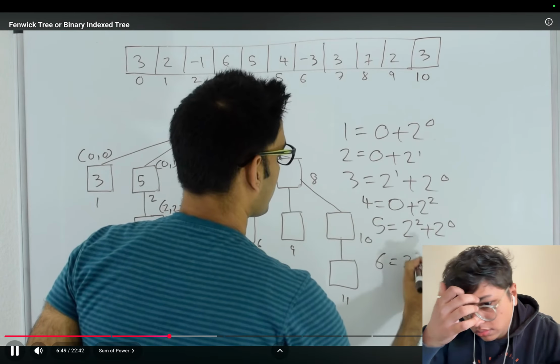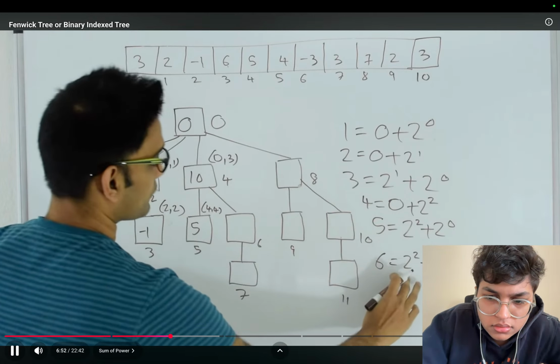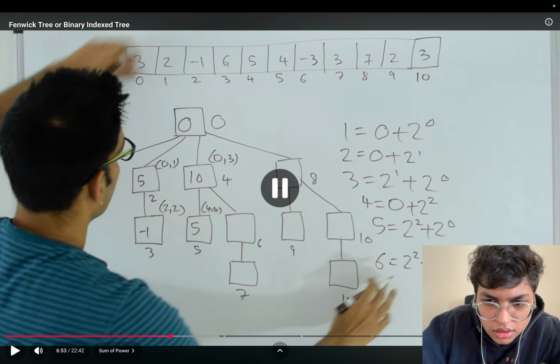6. 6 is 2 raised to 2 plus 2 raised to 1. So starting from index